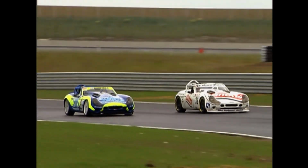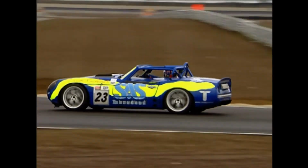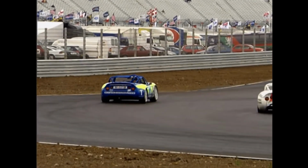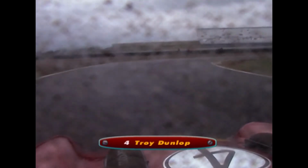Giles Cooper has a chance to fight back as Andy Britnell comes down the inside of Richard Finney on the dry line. Finney on the wet line, brakes, but the car slides out wide. He tries to come back on the inside, but can't find the traction there because, again, he was on the